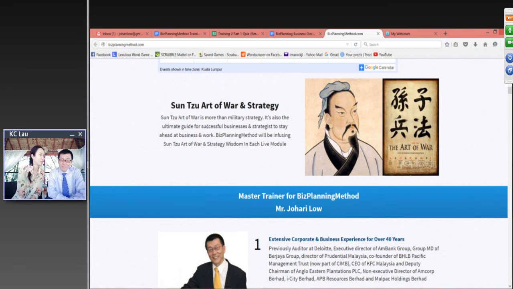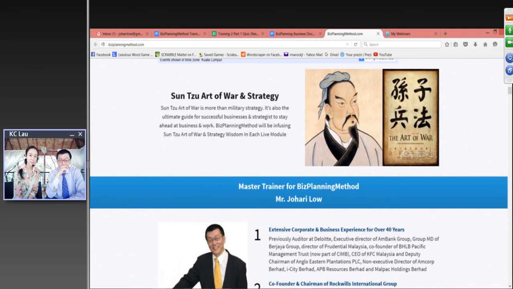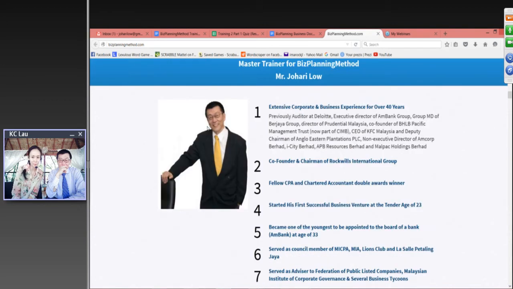Our master trainer, Mr. Low, is not like any other business coach or business trainer because Mr. Low has extensive corporate and business experience. He started his first successful business at the tender age of 23. He was previously an auditor at Deloitte, the executive director of MBank Group, the group MD of Berjaya Group, the director of Prudential Malaysia, the co-founder of BHLB Pacific Management Trust, now part of CIMB, CEO of KFC Malaysia, the Deputy Chairman of Agro Eastern Plantation PLC, and Non-Executive Director of MCOP Berhad, ICT Berhad, APM Resources Berhad,